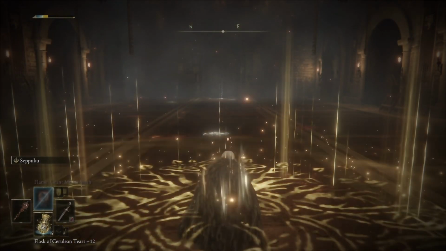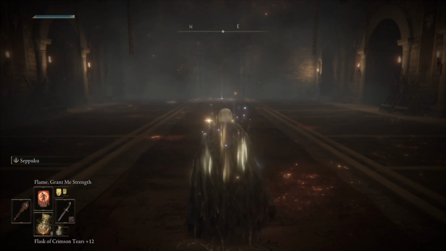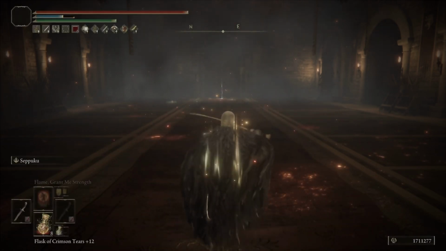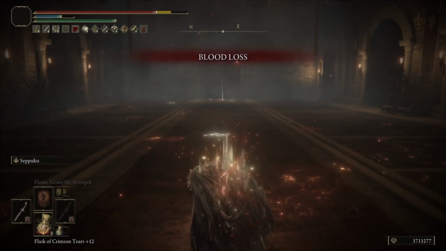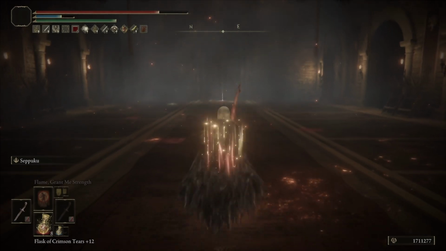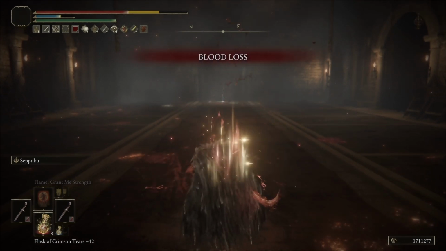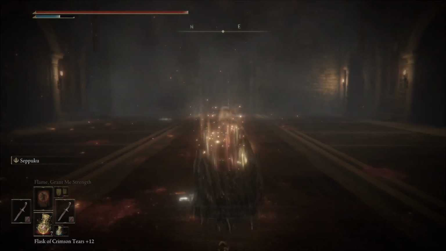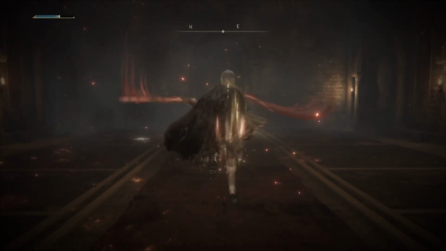Now, for the buffs, Golden Vow. I love Blessings Boon for this type of build. We're going to use Flame Grant Me Strength, and then I'm on Xbox, but we're going to go Y and LB, and then Y and RB back to proc Seppuku on both of the swords, so that we can absolutely shred, do a ton of bleed and a ton of damage,